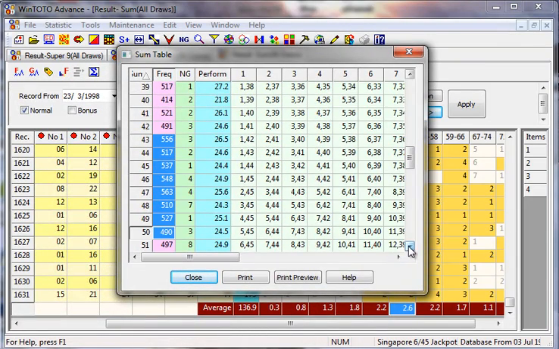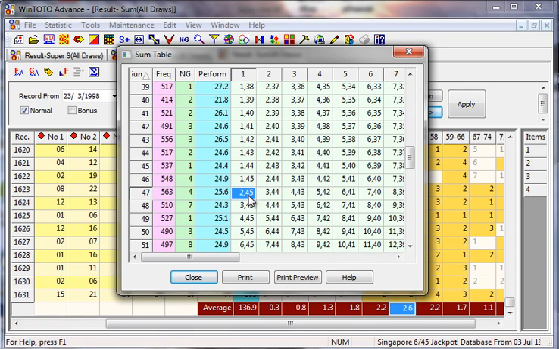Now this group of numbers, as you can see over here, 1, 2, 3, 4, 5, 6, 7, 8, this group of sums from 43 to 50. What really concerns me is that I would like to look more closely at the most frequent, which is sum 47 over here. That means any numbers that add up together give you sum 47. For example, one of the numbers we can see is 2 and 45, that means 2 plus 45 equals 47. And this one has a total frequency of 563 times.